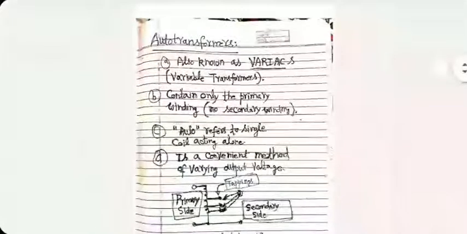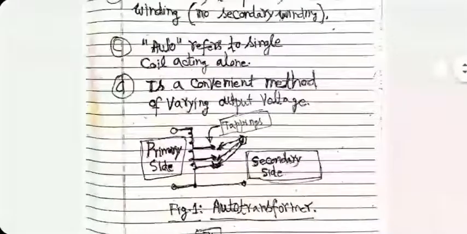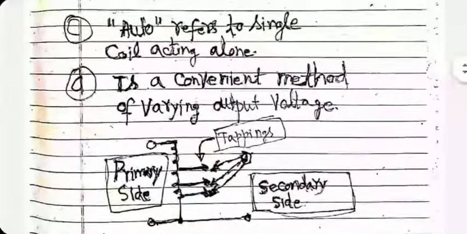This is the diagram. You have only one winding, which is being energized, of course, using AC source. Then on the secondary side, we basically take wires out at various physical locations, so that using the potential divider rule, the voltage produced on the secondary side can be controlled depending on which tapping you are selecting. There is a switch which will connect to one of the tappings and will give us output voltage accordingly.